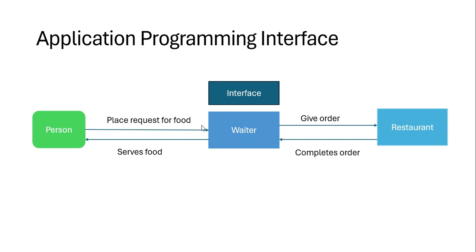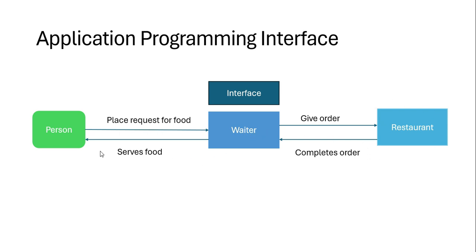He's going to mention the list of items he wants and in how much quantity. So the waiter is going to note all those items and communicate them back to the chef. So he's going to give that order. Once the chef prepares the food and completes the order, he's going to inform the waiter again, and the waiter is going to serve